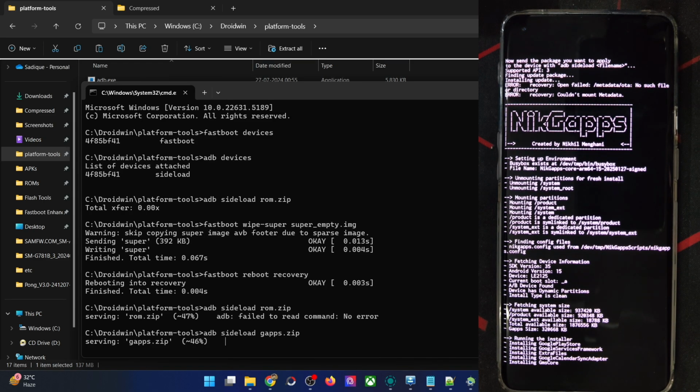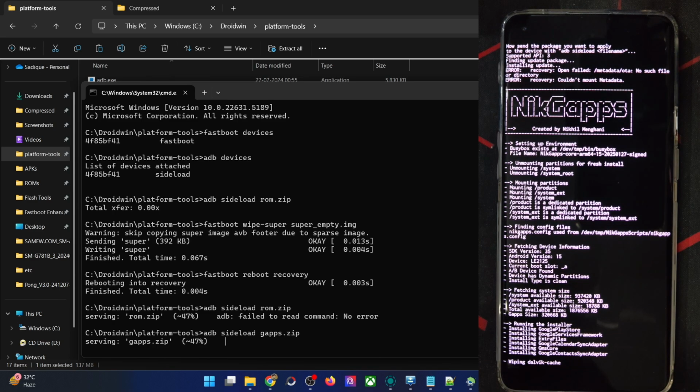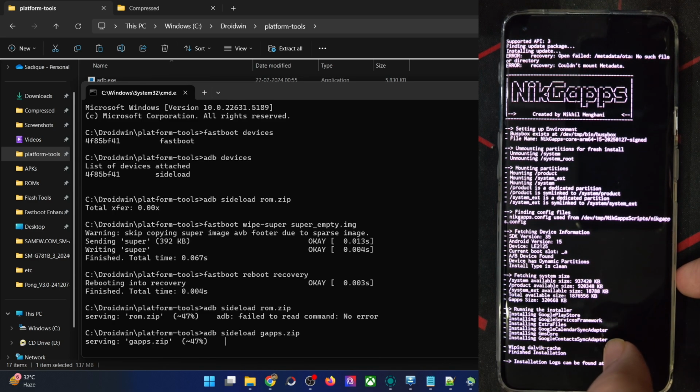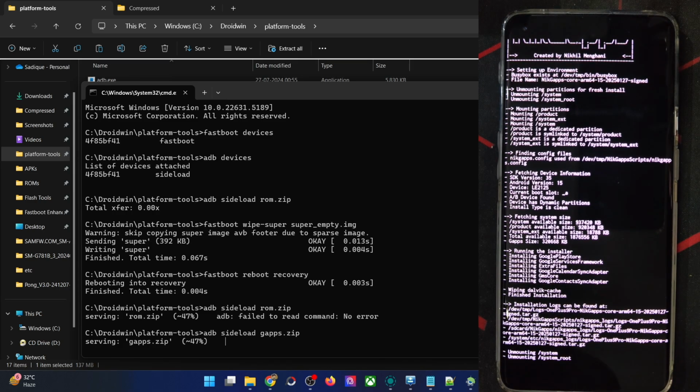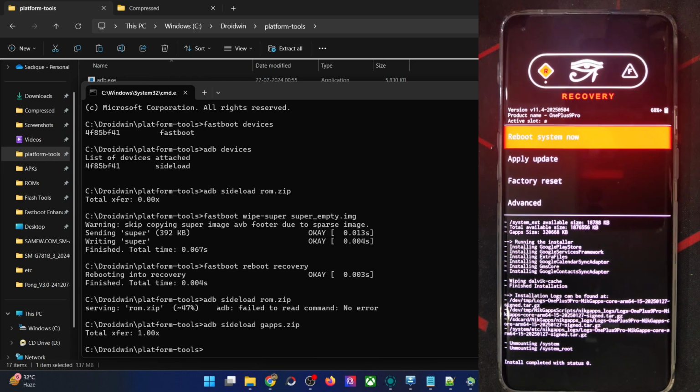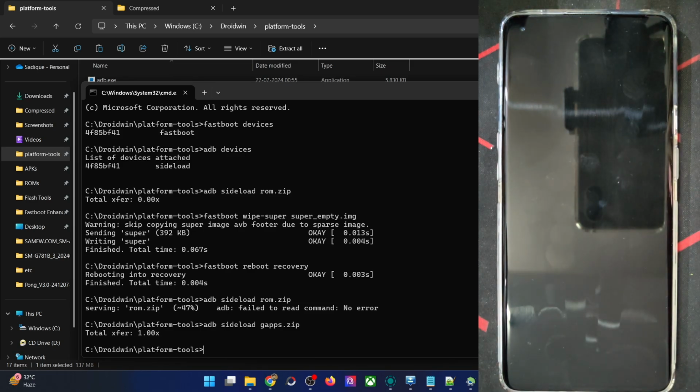Anyways, with that said, in my case, the flashing should now be done in around 4 to 5 seconds because all the files have been flashed. These are the following 5 files which will flash in the core GApp package, as you could see, and it's now done and dusted. Once the flashing is done, if you want to flash any other package, then do so right now. Once you have flashed all the files, just tap on reboot system now, and your phone will now reboot to